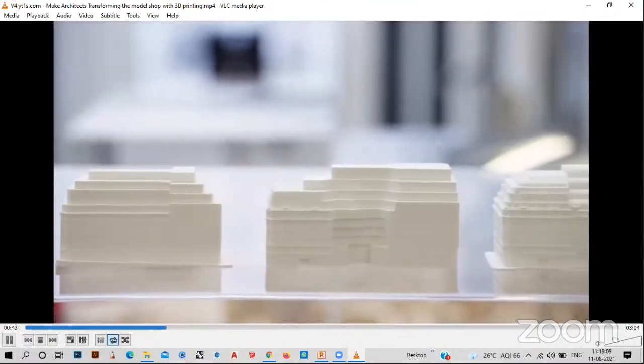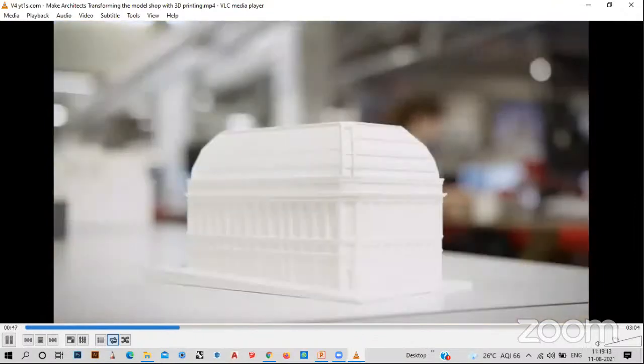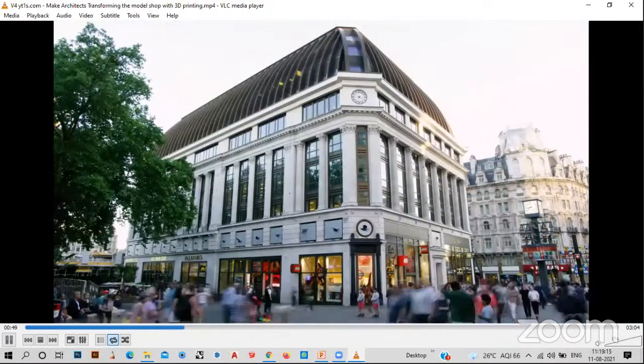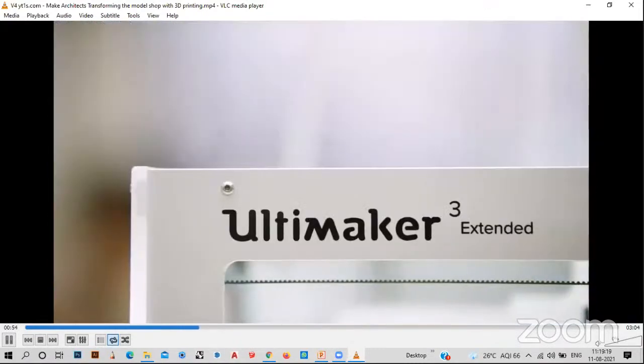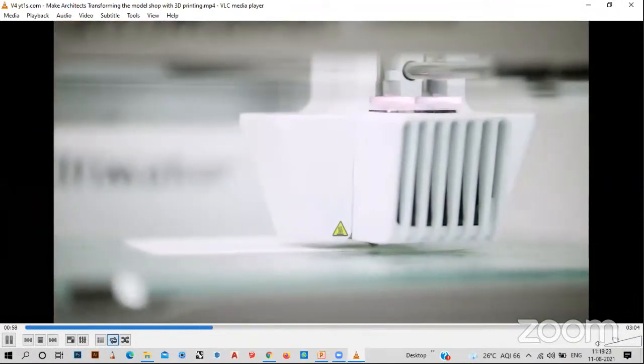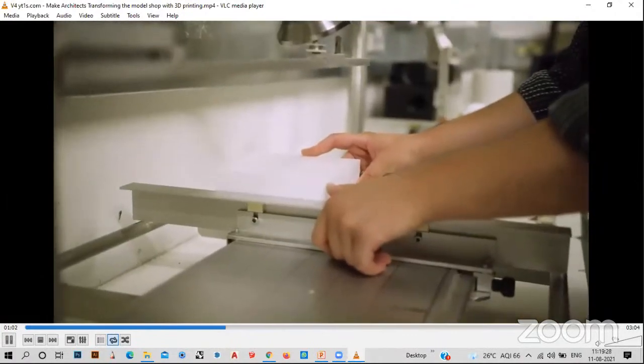So as a student right now, you all can use 3D printers. You all know 3D software, so you can save your time, work on your design more, and not worry about this type of model making.